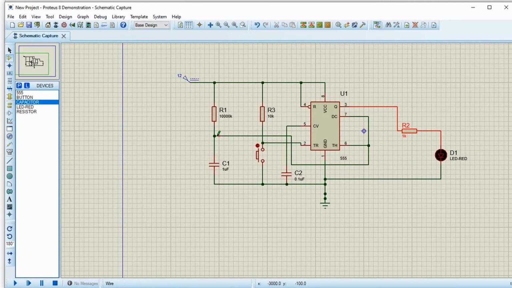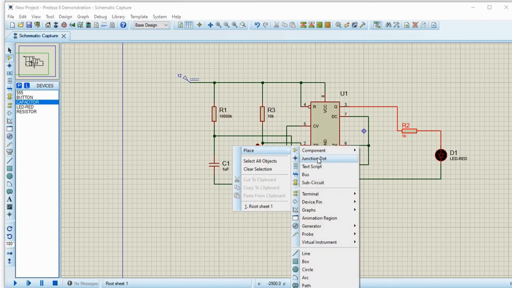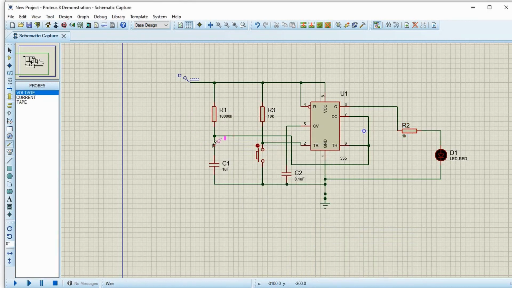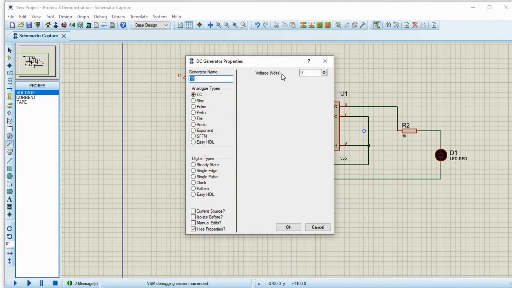Let's put a voltage probe on this RC. You can see the capacitor slowly charging. Okay, I have not set the voltage, that is why it was not working.